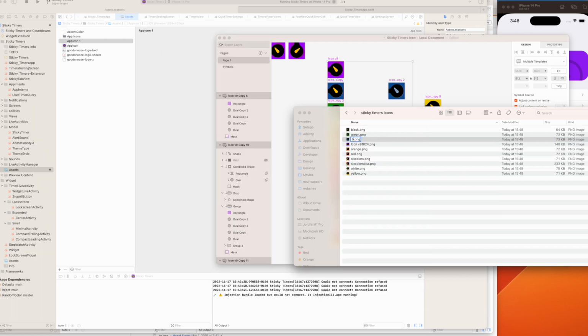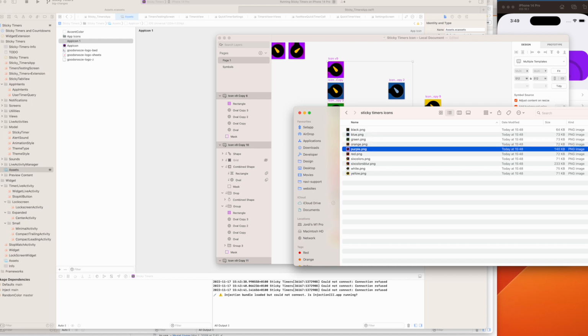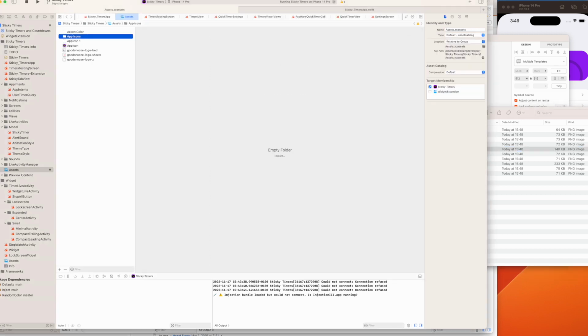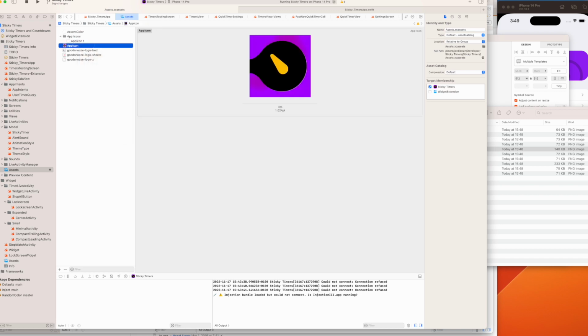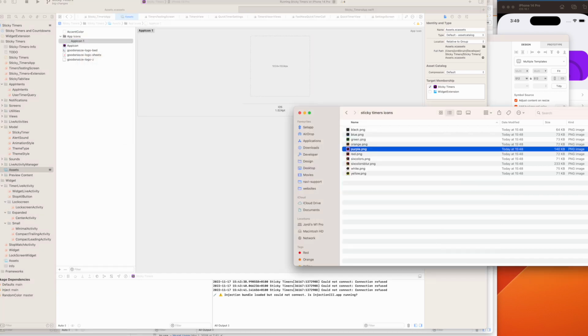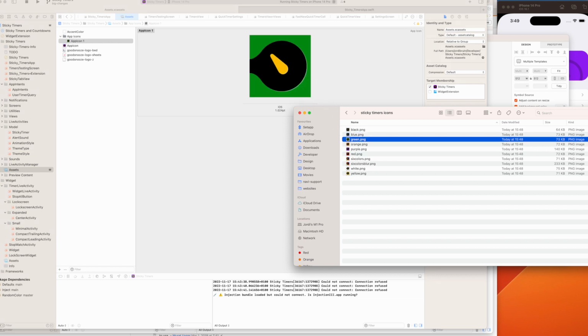Blue and purple. And so purple's the original one, so there's some complicated stuff to be done there, but we'll figure it out. All right, so then we want to add app icons, and basically for each app icon you then just put it in